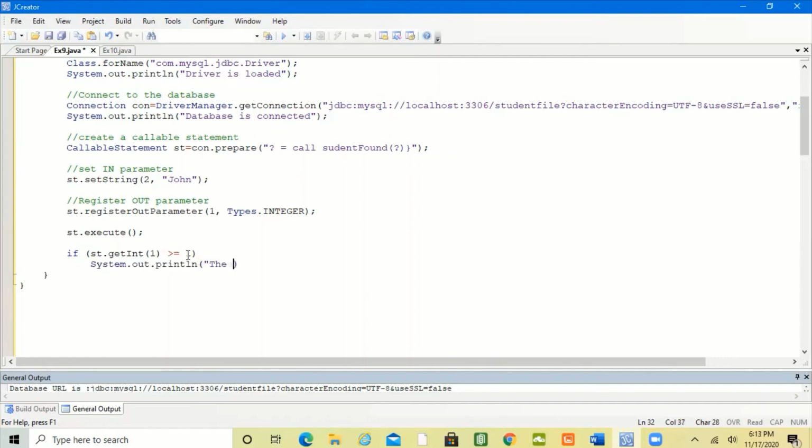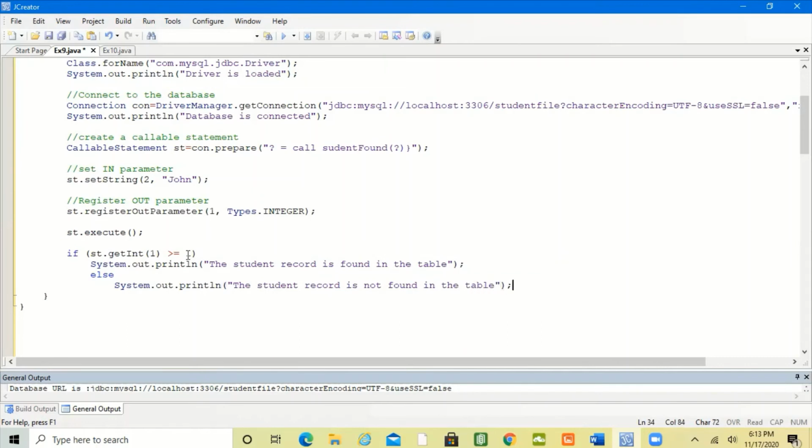If it is greater than or equal to 1, let's say System.out.println, the student record is found in the table. Else, System.out.println, the student record is not found in the table.